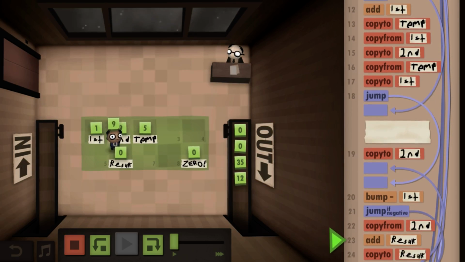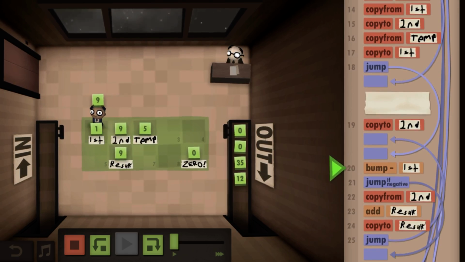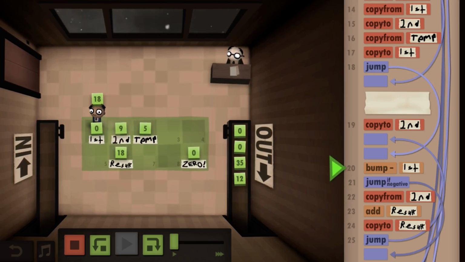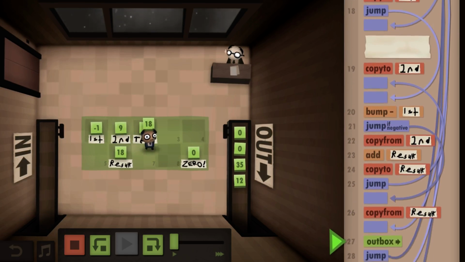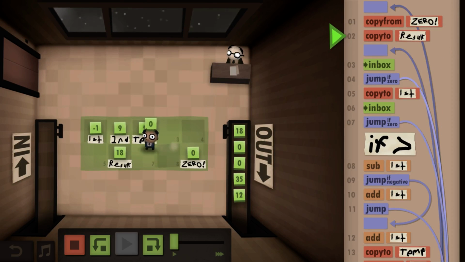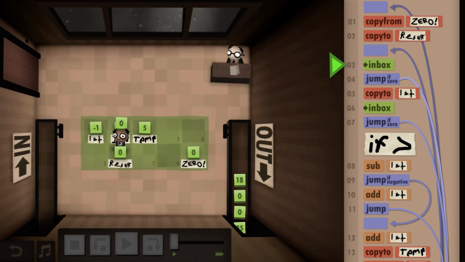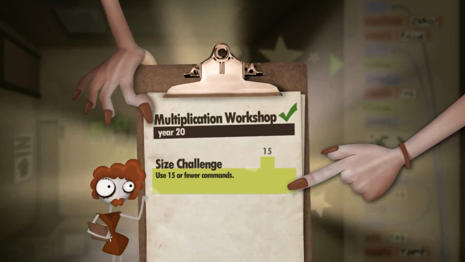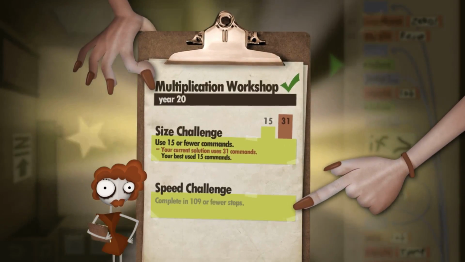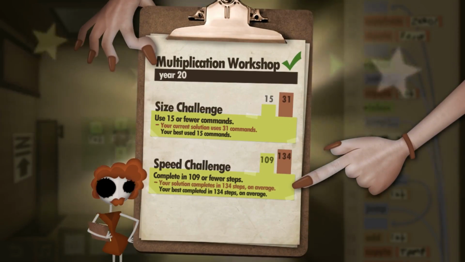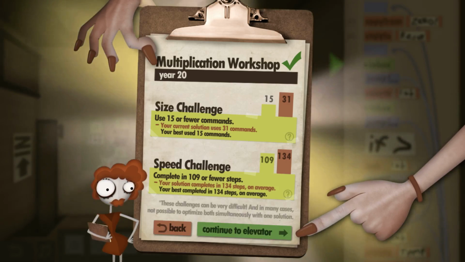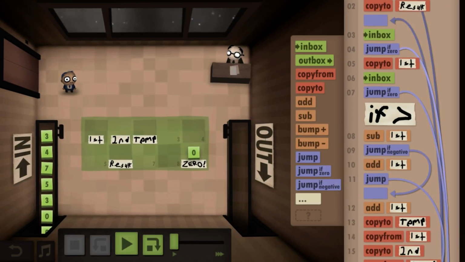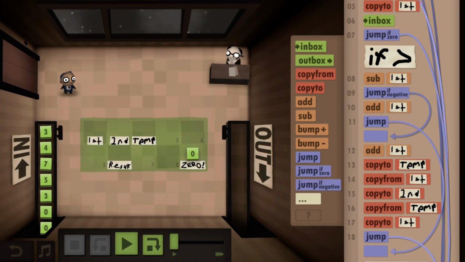So instead of adding 2 9 times, we only add 9 2 times, which is the same result. Multiplication is commutative, so one way or the other way will always be the same for real numbers, at least. So that's 31 commands over double, and that gets me down to 134 steps. So more optimization needed, as we thought.